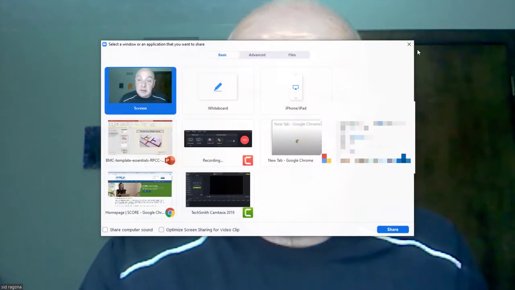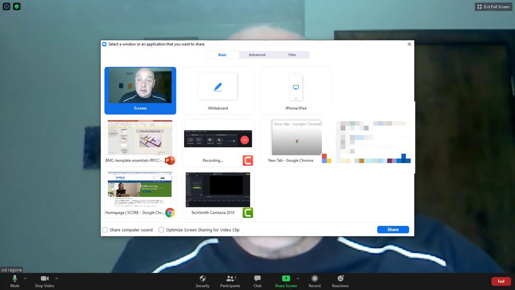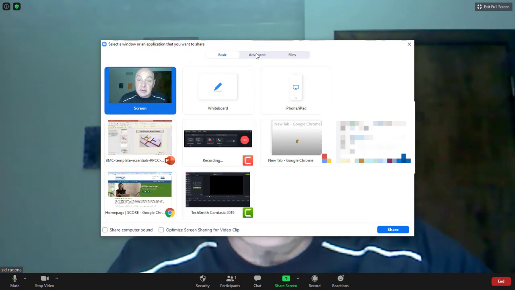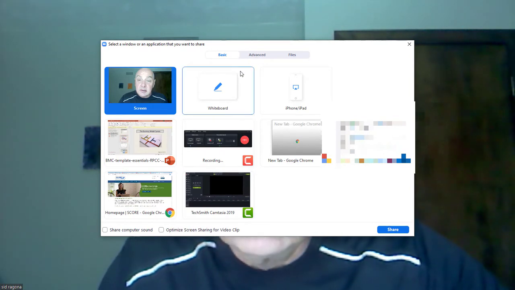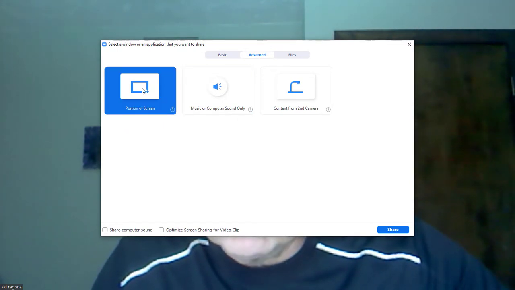Tip number 7, how to share only a portion of your screen. There are circumstances where you don't want everybody to see other things on your computer. So let me show you how we actually narrow down the part of the screen we want other people to see, and only that part of the screen. So let's do Alt-S. It gives us our standard menu where we actually want to share something on the screen here. But then at the top here we have Basic and Advanced, and it's the Advanced button that we want to go to. So let's go to Advanced, and then on the left hand side, portion of the screen,